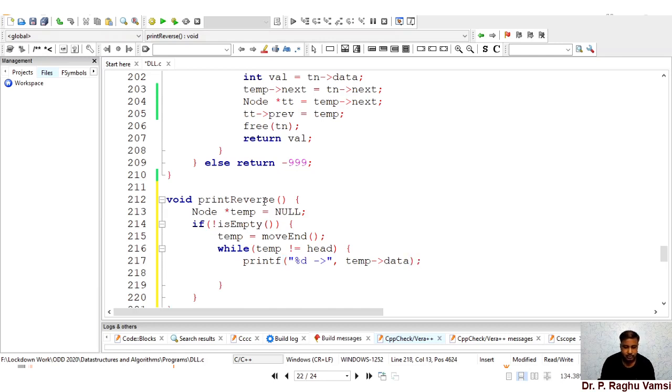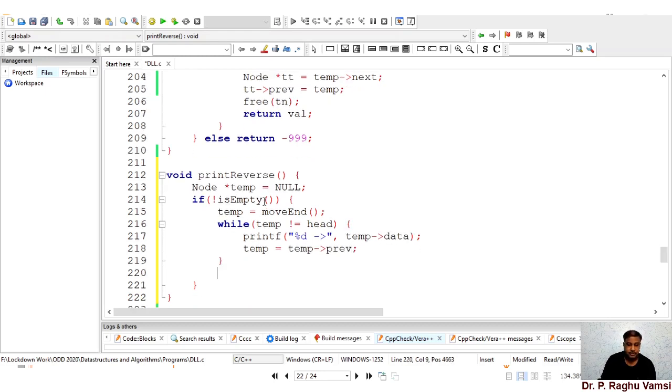Previously we used to write temp is equal to temp next, but here we need to write temp is equal to temp previous, because we are moving in the reverse direction. Once we reach the head position, this loop will fail, but head data will not be printed.